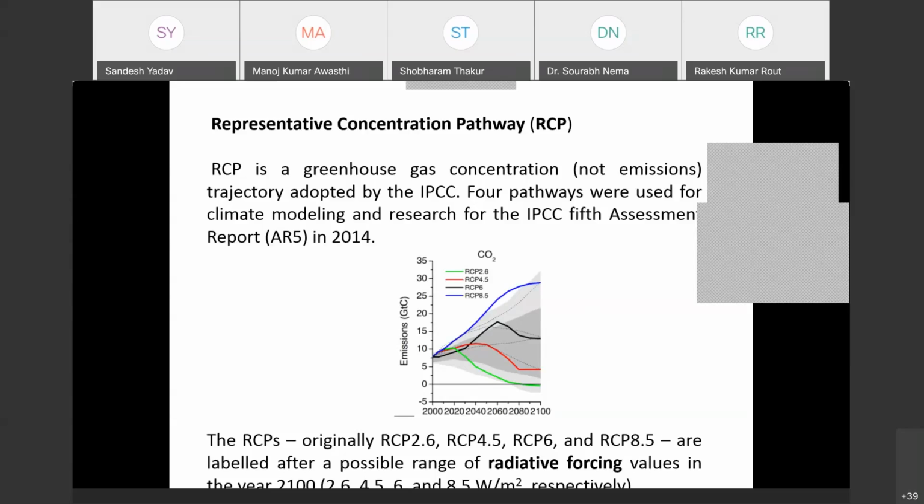When we consider RCP 4.5, that is the intermediate scenario. In this scenario, the emission was considered to peak around